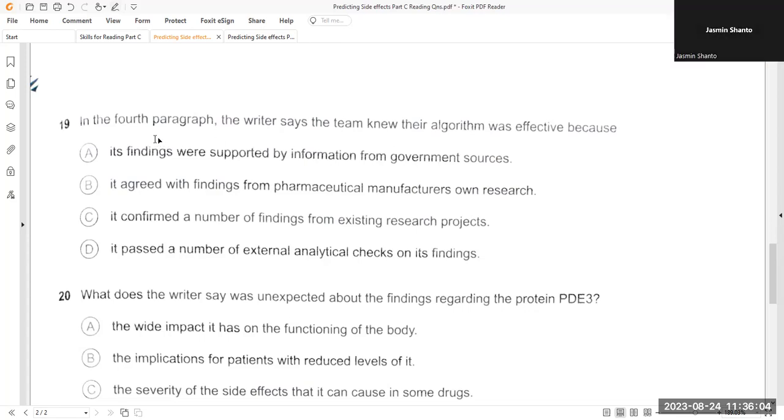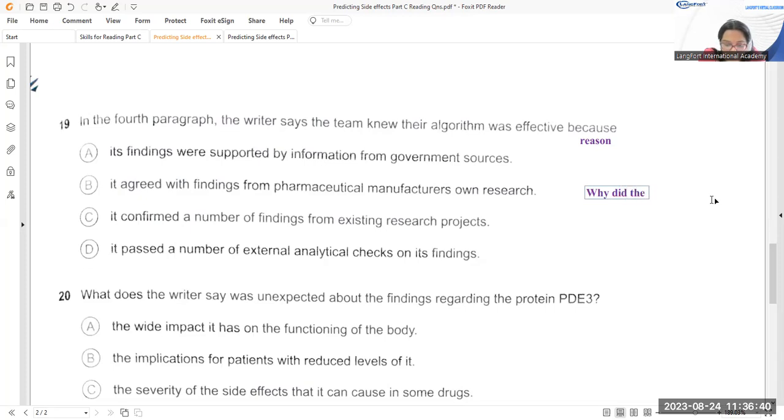In the fourth paragraph, the writer says that Lang knew their algorithm was effective because. Whenever an incomplete question ends in "because," we know we need to figure out the reason. So in the fourth paragraph, the writer says that the team knew their algorithm was effective because. So we need to find out: what is the reason? Let's go with why. Why did the team know